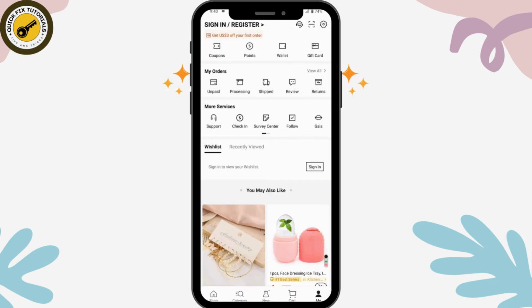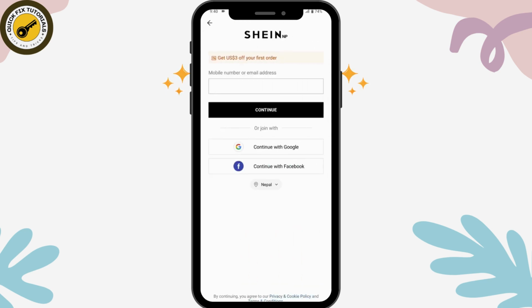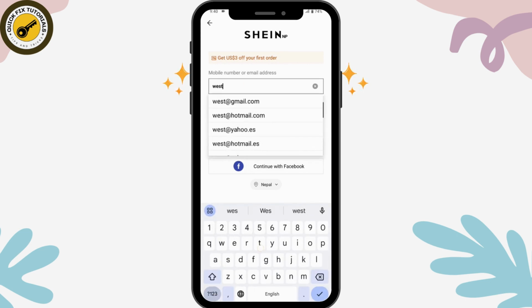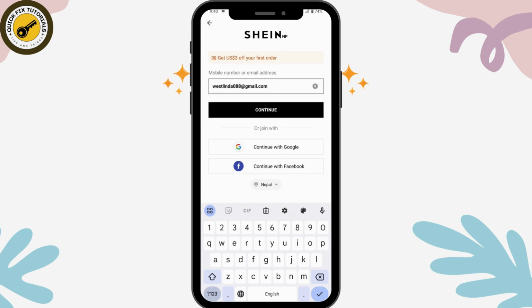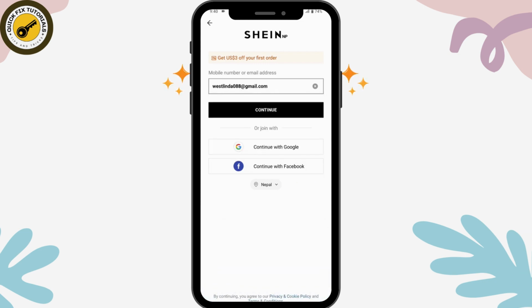or you will have sign in or register on the upper left side of your screen. Tap on that, and if you have not created your account, then you can simply go for create, or you can simply enter your email address if you have already created your account, and then tap on continue, or you can also join with Google or Facebook. And once you enter your email, tap on continue,